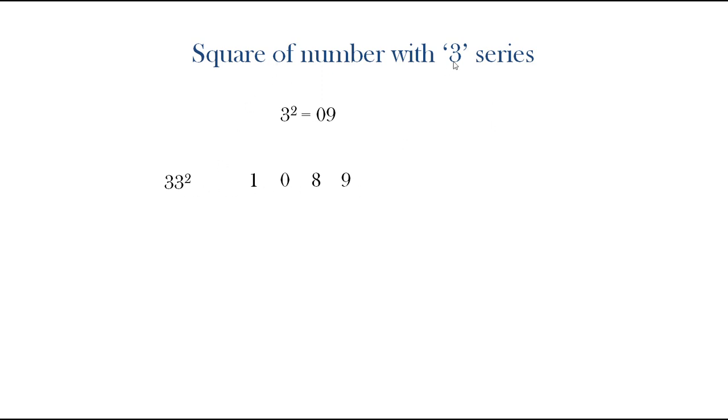Now we have written 33 square. We are looking for these 3 rep digit squares, right? So the next one in this series would be 333, and it will go like 3333, 33,333 like that. So how to write squares of those numbers we will see now. Say I consider 4 threes in my number, that is 3333. To write this square, this 9 and 0 will remain the same, but the 1 and 8 we will repeat.